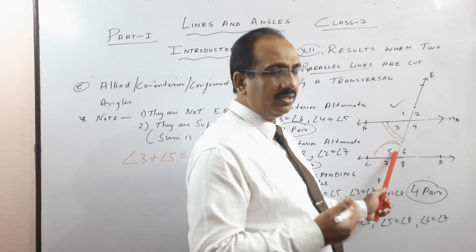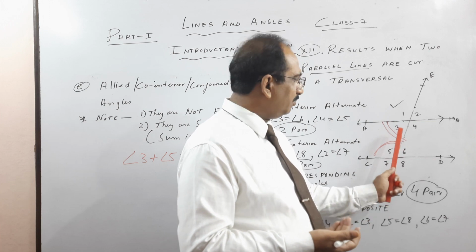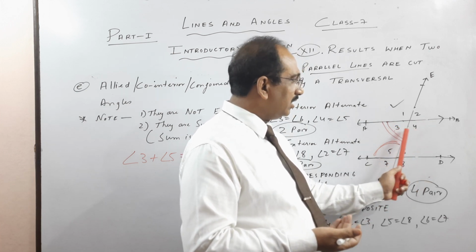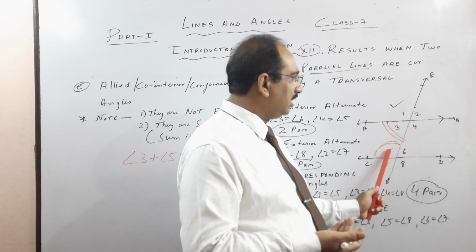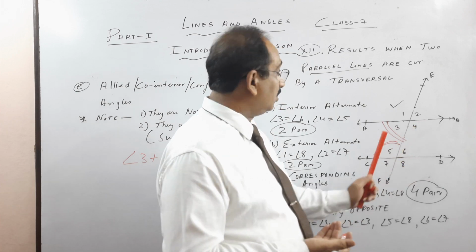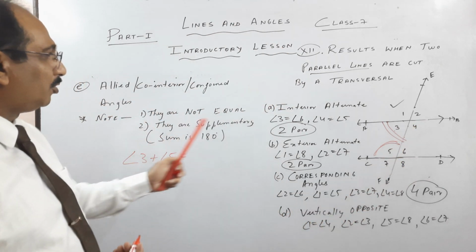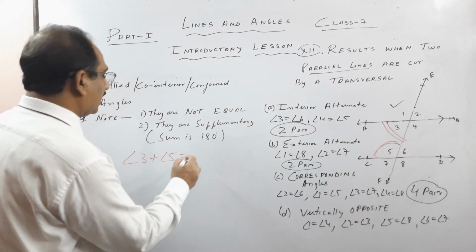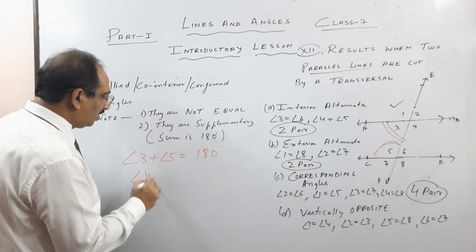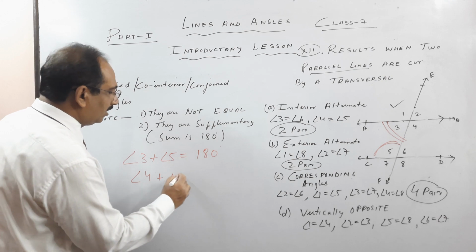You are in class 7, so once more, a little bit difficult maybe. These two are 180 degrees, but this is equal to this. So rather than saying 3 plus 4 is 180, we can say 3 plus 5 is 180 degrees, because they are alternate angles. They are equal. So remember, first, very important thing, this angle. First, which are those angles? So we have, first one is 3, 5 and angle 4 plus angle 6.